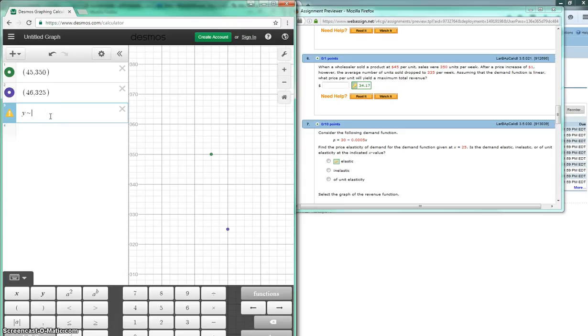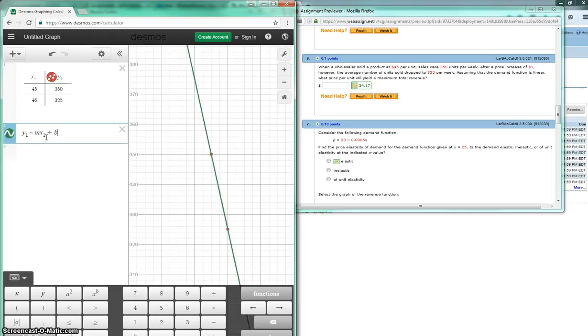To do that, we have these points. Sorry, I think I'm going to have to do it in a table. This may be the longer way. Y'all probably already figured it out, but I'm still going to do it. So here are my 2 points. Let's get rid of these points that we made. If I want to do a linear regression, I do y1 tilde, because I want it to grab this y1 information. And then let's just do mx1 plus b, and it'll actually give me what my slope is, negative 25,